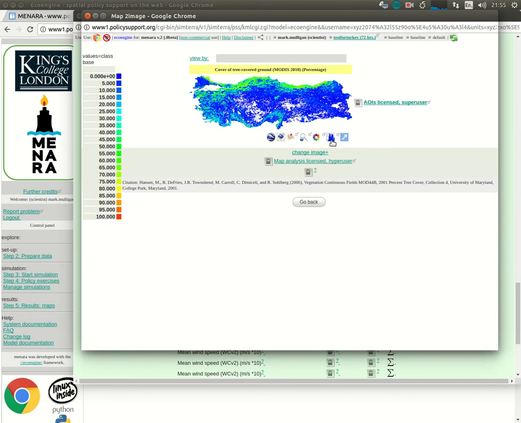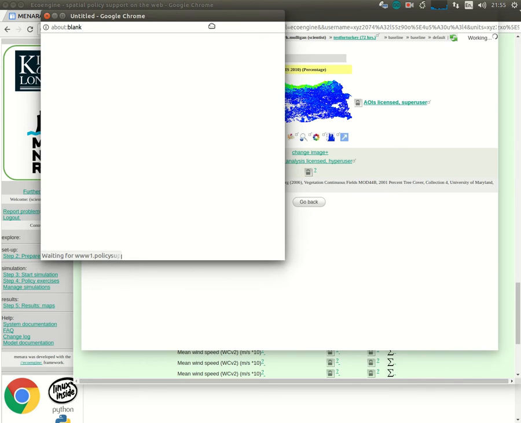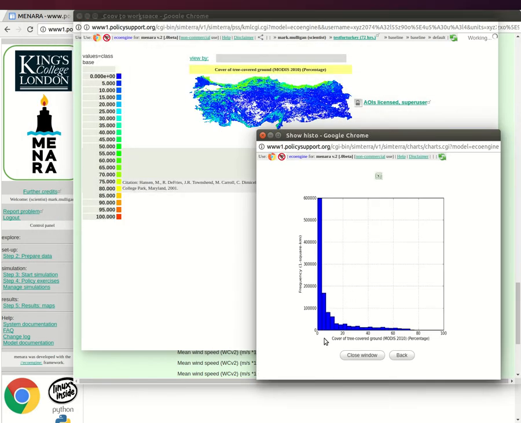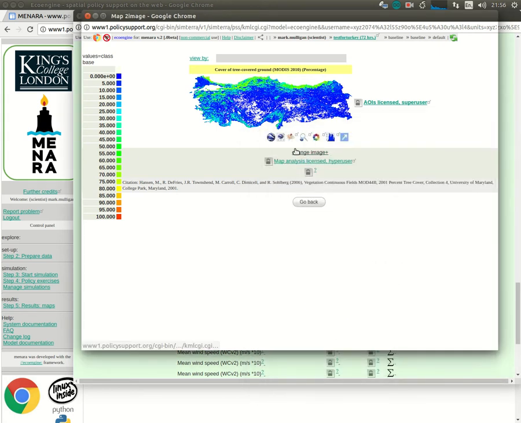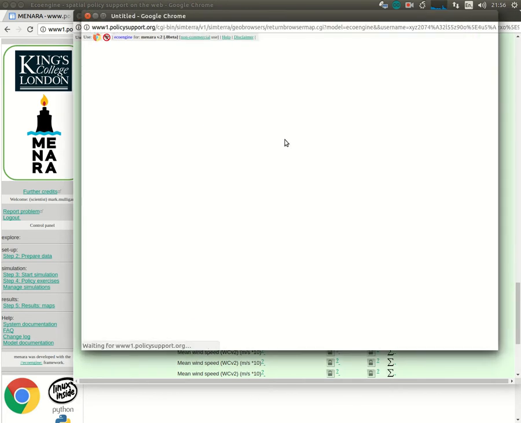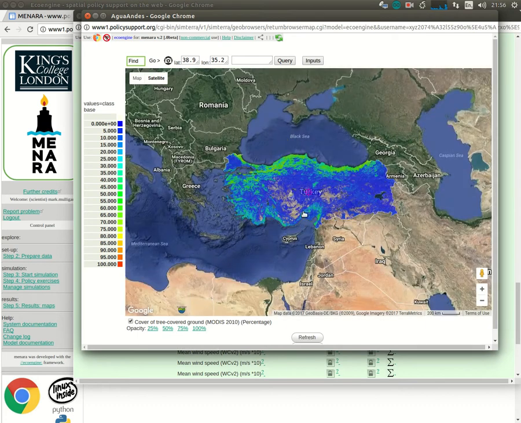We can look at the map in other ways, for example as a histogram with cover of tree covered ground along the x-axis here, and the frequency or number of square kilometers under each cover. And you see much of Turkey is low tree cover, but a few areas are forested, relatively high tree cover. We can also look at this in a Google map or in Google Earth, as you can see here,